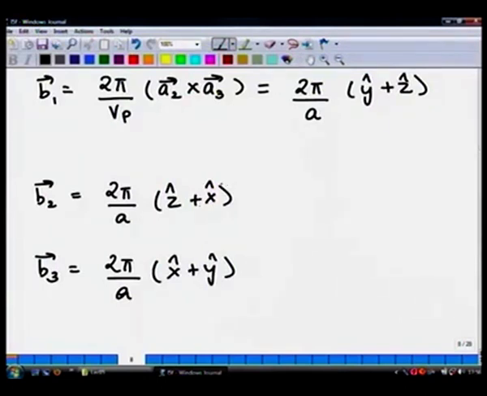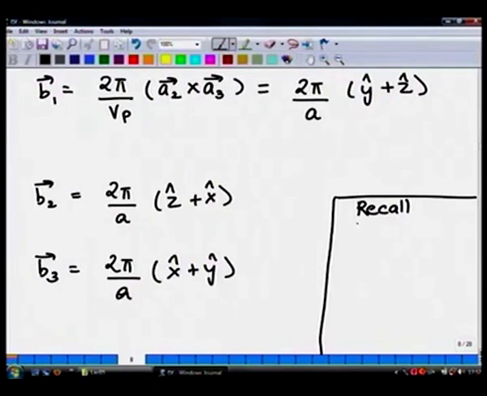B3 as this vector. Does this look familiar to you? Does it not look like FCC? So, let us do the call here. Let us make a block here. The call for FCC, not BCC, for FCC face centered cubic, we had A1 primitive unit vectors as A1